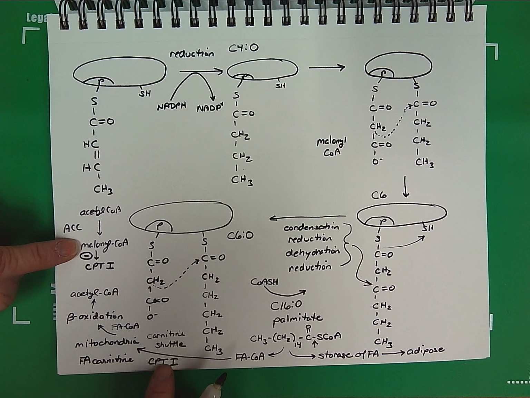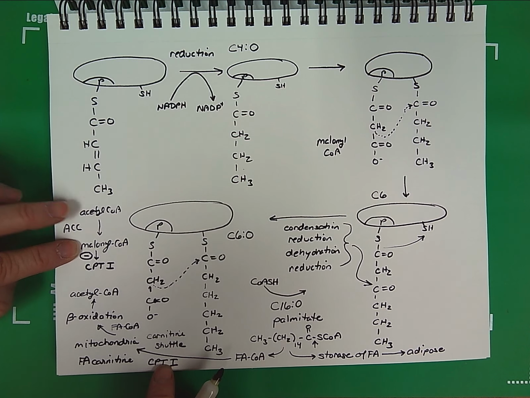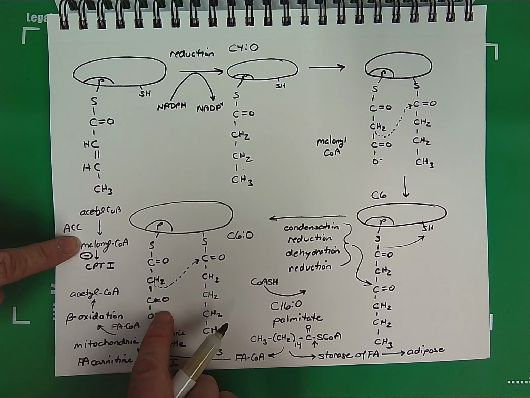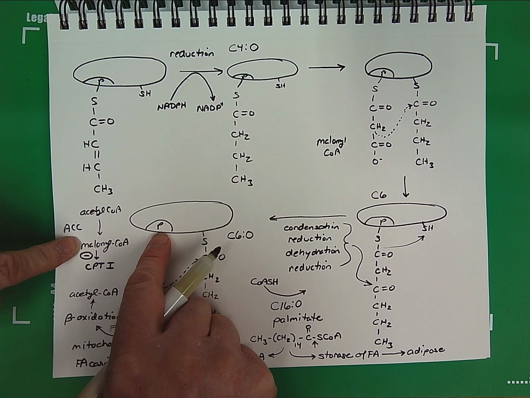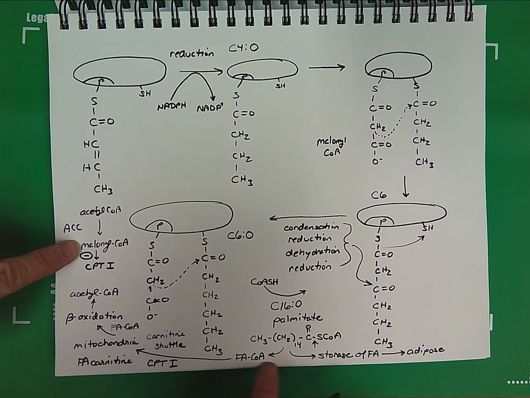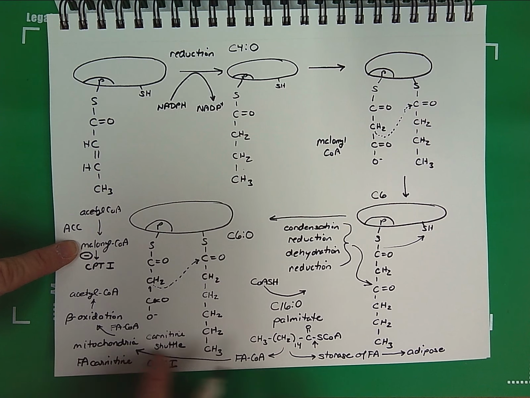Malonyl-CoA inhibits this enzyme. So as we have acetyl-CoA building up in the cytoplasm for fatty acid synthesis, this is converted into malonyl-CoA. The malonyl-CoA is used for fatty acid synthesis, attaching onto the acyl protein site. And in addition, it's also inhibiting CPT1 to prevent the fatty acyl-CoA conversion to fatty acyl carnitine to be translocated